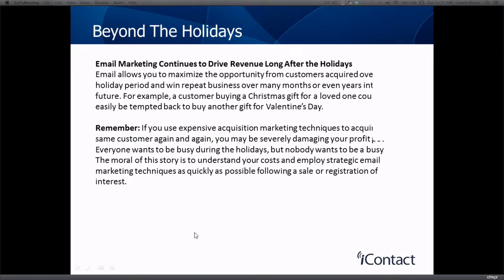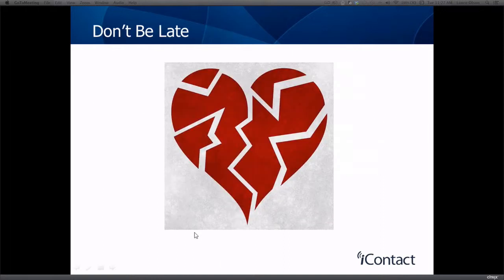And on that subject, I want to talk about not being too late. Don't leave things too late. Now, what did we say? We're about 11 days, so about 15 days away from Thanksgiving now. Thanksgiving, Friday, Cyber Monday could be the busiest time of your year. It is a time to make money.